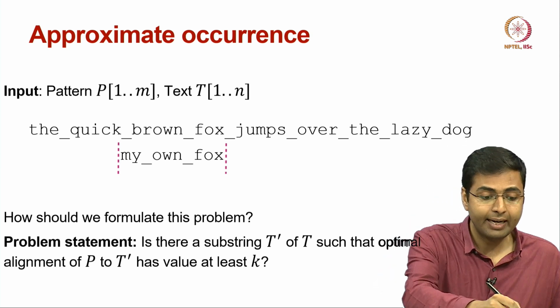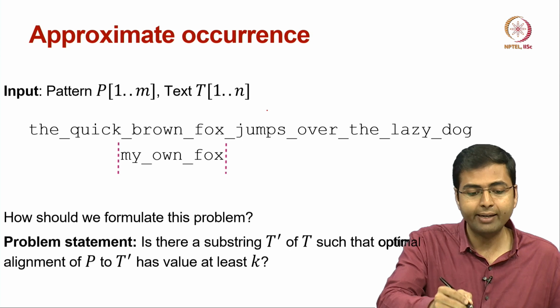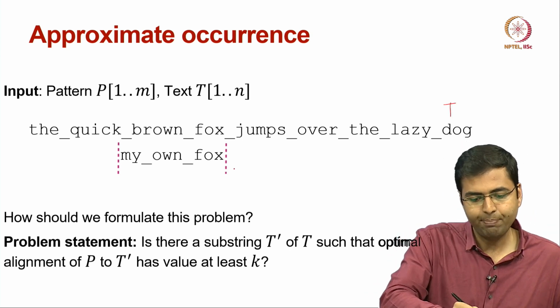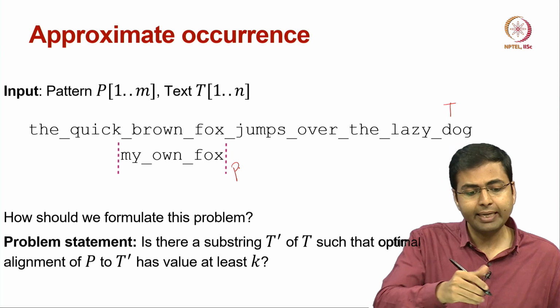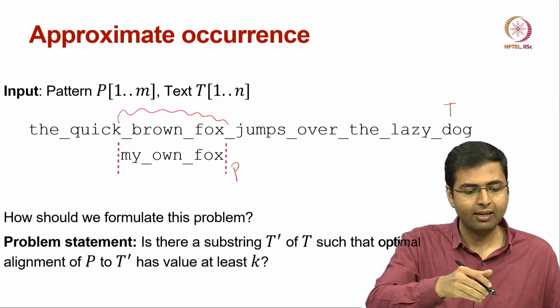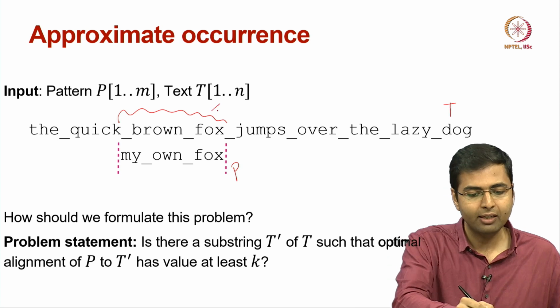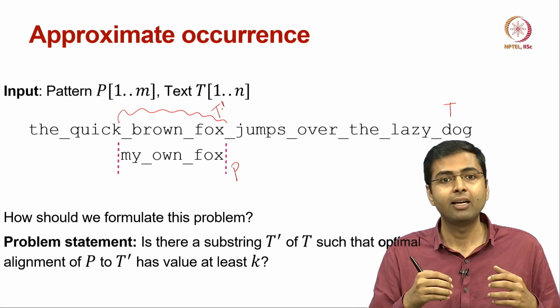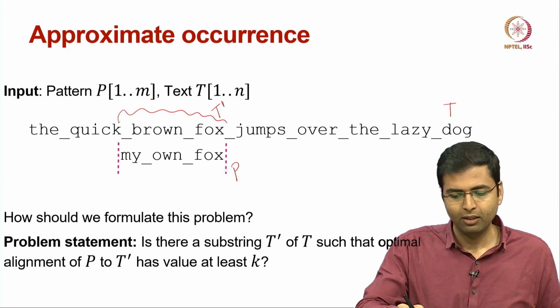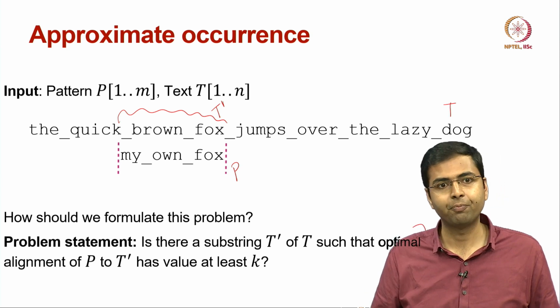So, if I look at the entire text, which is t, and this is my pattern p, is there a substring t dash in my text t such that the optimal alignment between t dash and p has score at least k? Right. So, this is the question I can ask here,